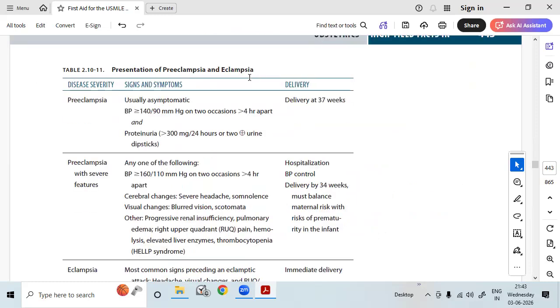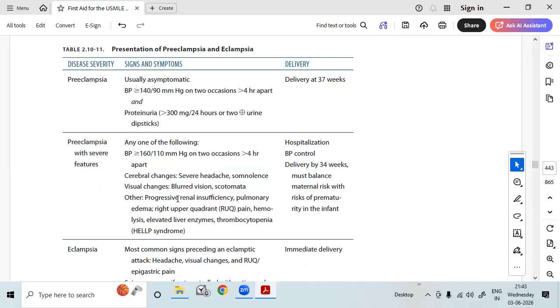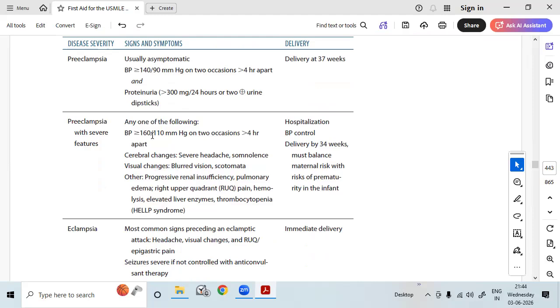Presentation of preeclampsia and eclampsia. Preeclampsia is usually asymptomatic, with blood pressure more than or equal to 140/90 on 2 occasions, 4 hours apart, and proteinuria of more than 300 milligrams in 24 hours, or 2 urine dipsticks. Delivery at 37 weeks. What about preeclampsia with severe features? This patient will have any of the following: blood pressure more than or equal to 160/110 on 2 occasions, more than 4 hours apart,